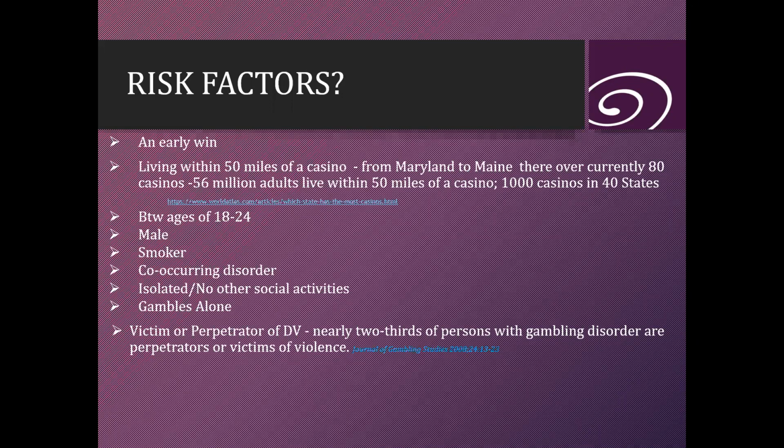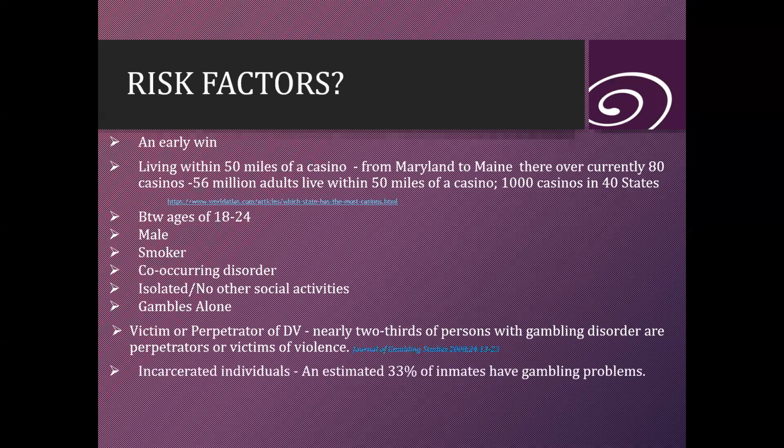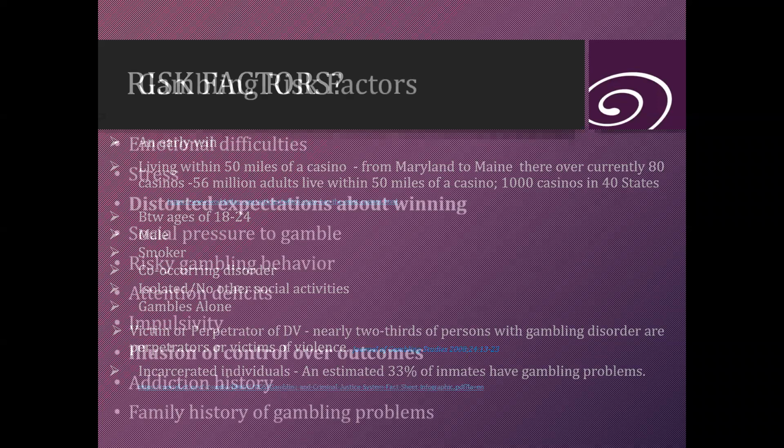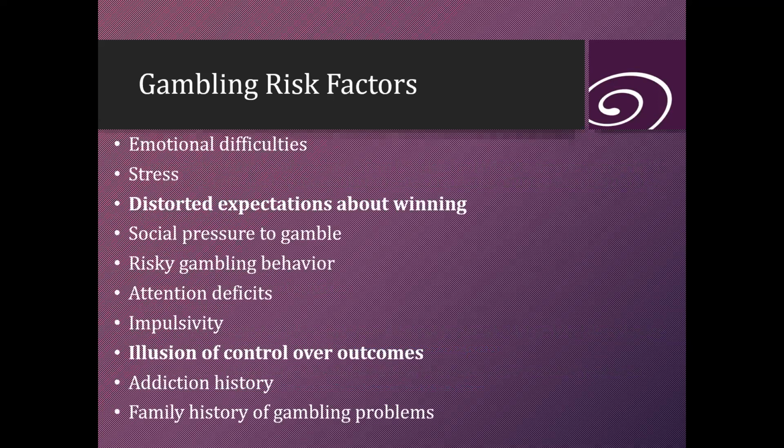Certainly age 18 to 24, male, no surprise there, risk-taking. Smoking is a stimulus, and so is gambling. Co-occurring disorders, we're going to talk about that. Being isolated, having nothing else in your life, gambling alone, and victims or perpetrators of domestic violence are often at risk. Okay, oh, sorry, emotional difficulties. So here, you can read this list, but two of them I want to talk about: distorted expectations about winning